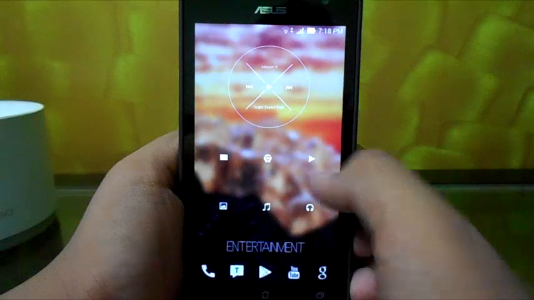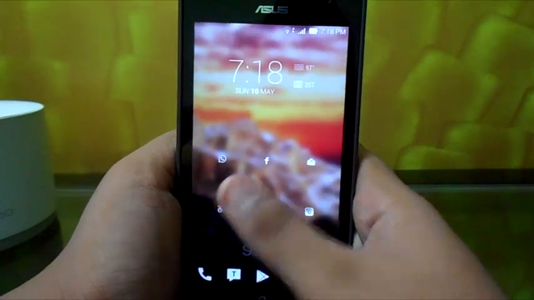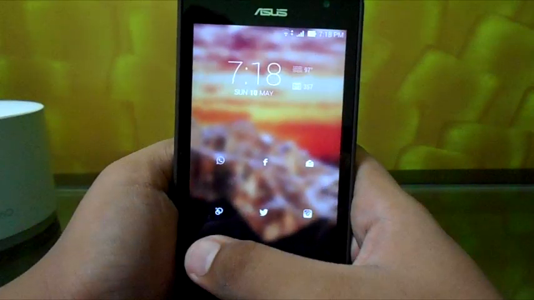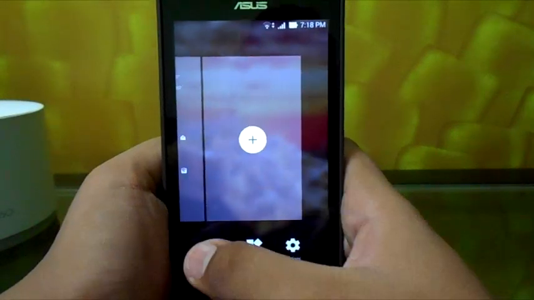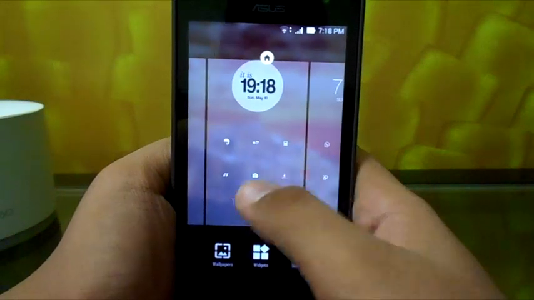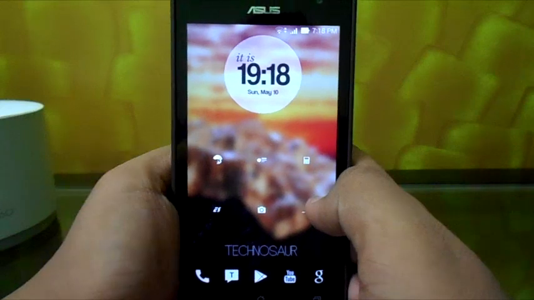Now, as far as my launcher is concerned, I'm using Material Nova Prime, which basically is Nova Launcher with material design. It has a lot of new cool features, including a completely overhauled material design look, which is very similar to Android Lollipop. Now, this update of Nova Launcher has not appeared on the Google Play Store as of yet, but